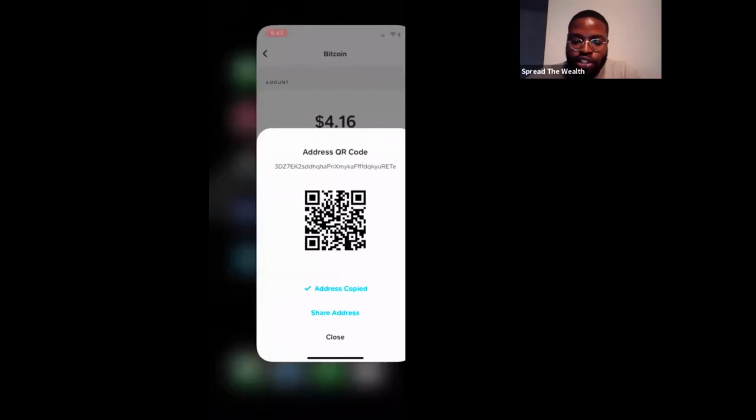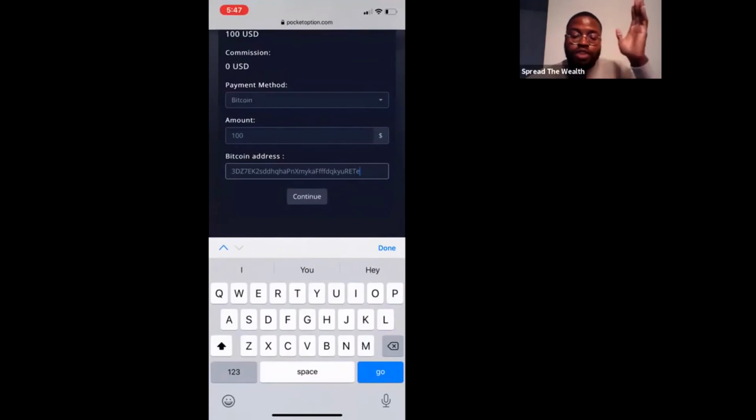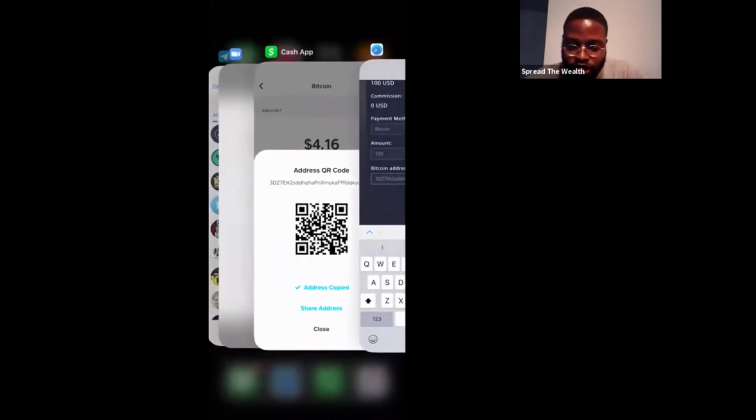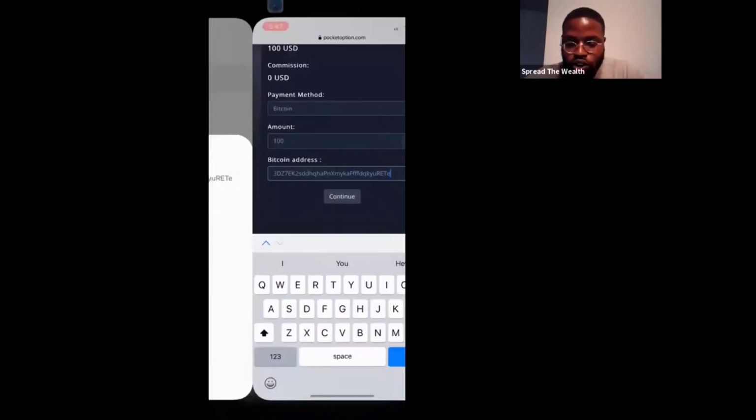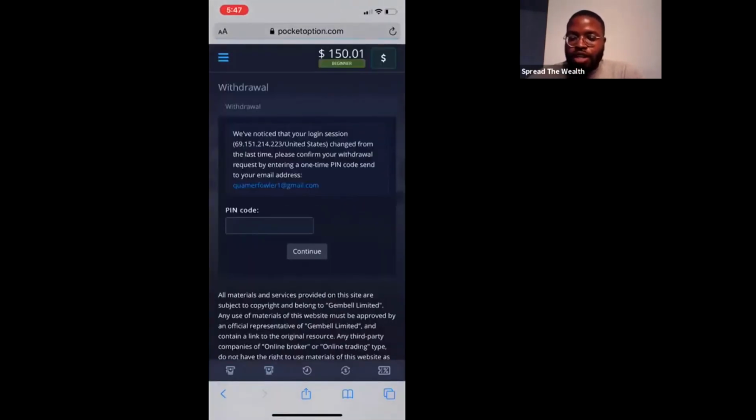So I copied this address, I paste it inside here, the Bitcoin address where I would like to send it to, because I wanted to send from Pocket Option to my Cash App. I pasted it inside of there. Now, just to double check exactly which address I'm sending to, say 3DZ7E, right? 3DZ7E. All right, cool. So that's the right address. And I'm just going to click continue. And after I click continue,